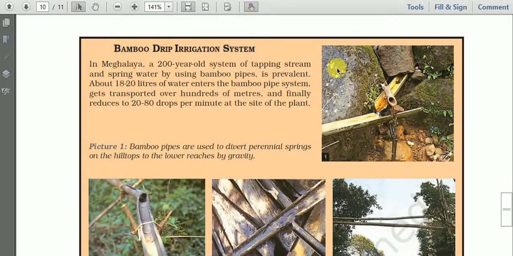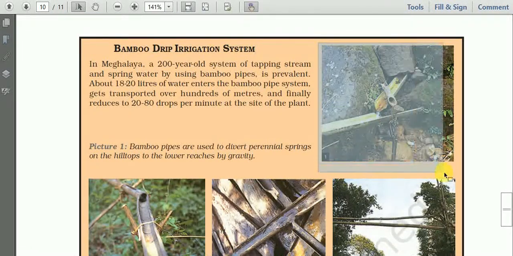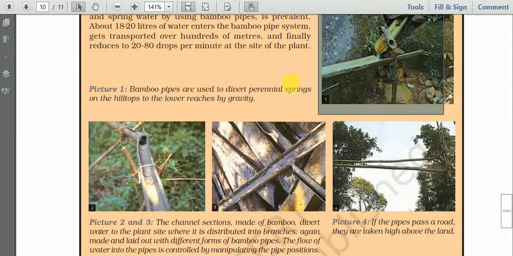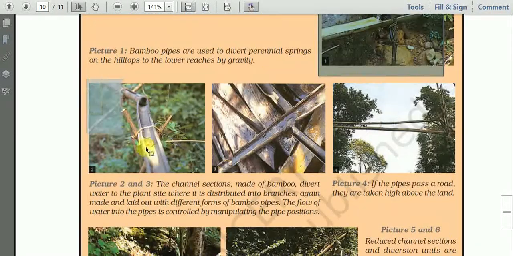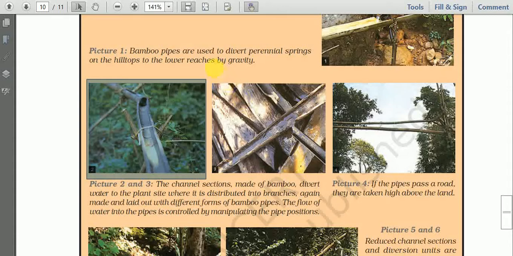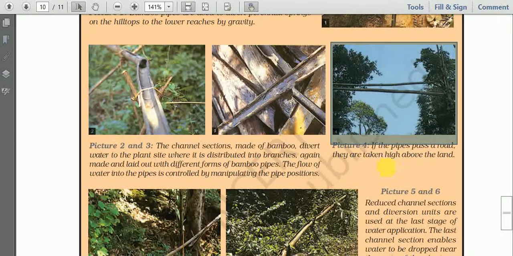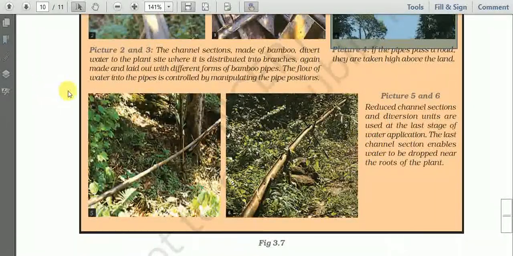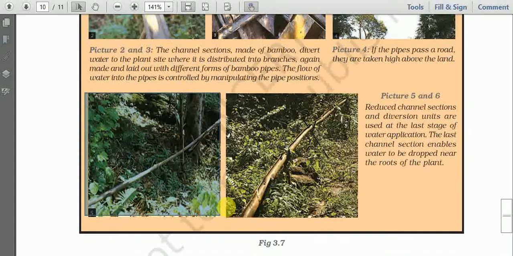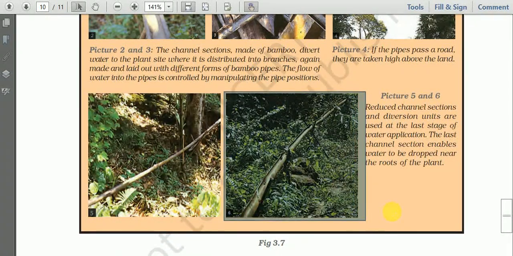So these are the photographs. One is here, carrying down, then it is diverted. So it is the way how they are carrying water. Here, this is another one. They are also carrying like this. In the mid-year also they are carrying water. And this is another scene. And ultimately this will reach the village, or this will reach the agricultural field.